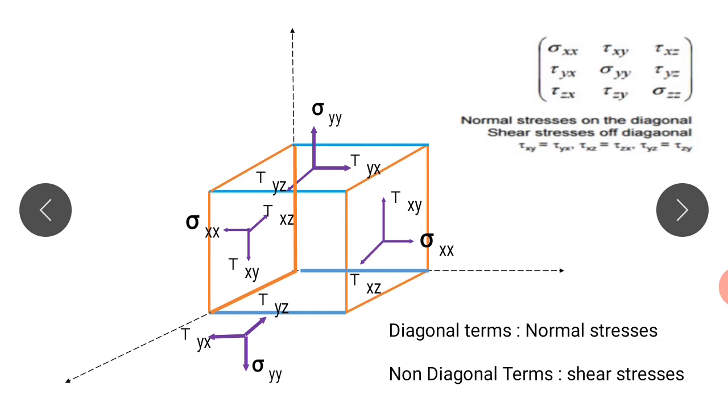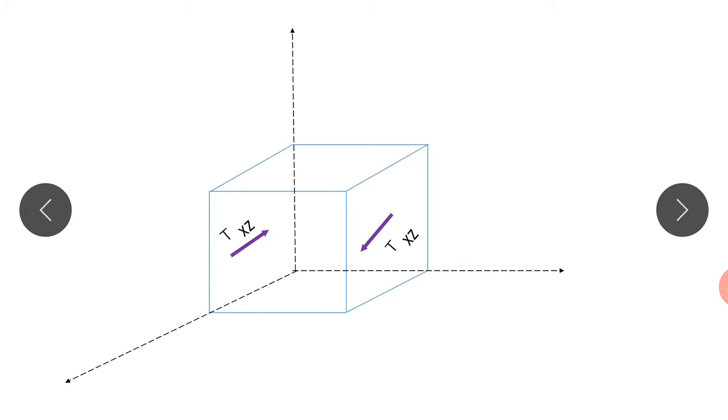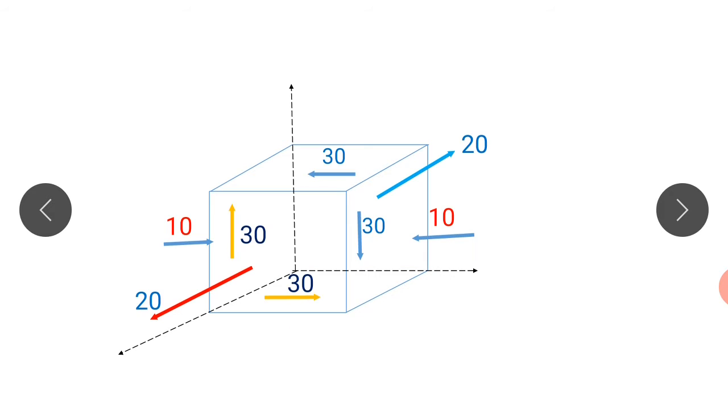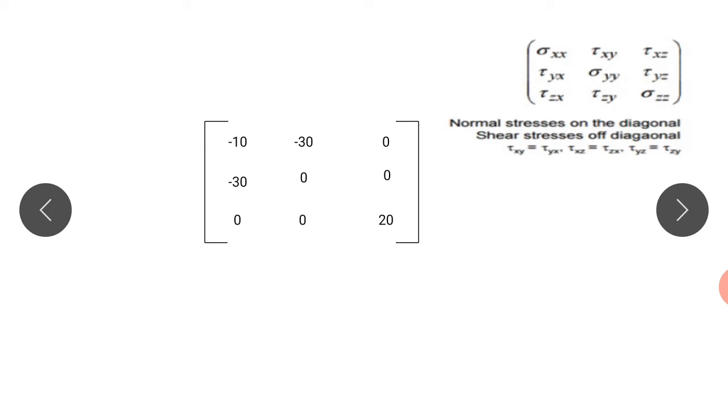In the first, here, positive direction of x, positive direction of y, positive direction of x, positive direction of y, and here positive direction of z, as far as these faces are concerned, and here the opposite to each other. As far as these conventions are concerned, if the stresses are given in the same sense, those are to be considered positive if those are in positive axes. Otherwise all others should be written in negative terms.